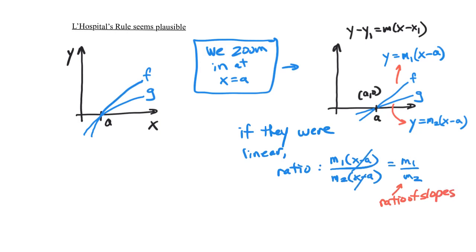Ratio of the slopes, but really the slope is the geometric equivalent of a derivative, so it's really a ratio of their derivatives. So when we get really close to a, we zoom in around a, we get this flattening, so that if they really were linear, the ratio of the lines would be equal to the ratio of the derivatives, which suggests this. It's definitely not a proof, of course, but it suggests